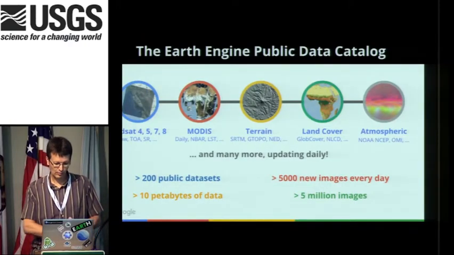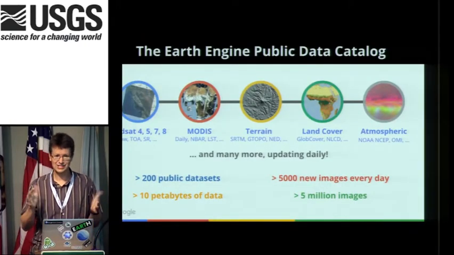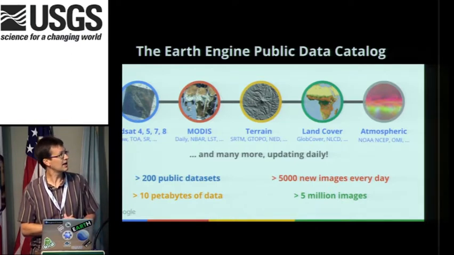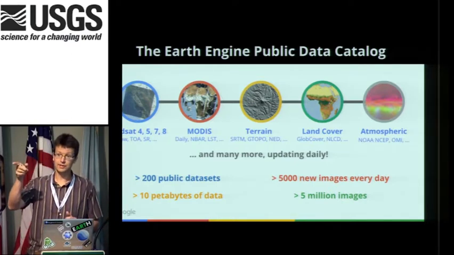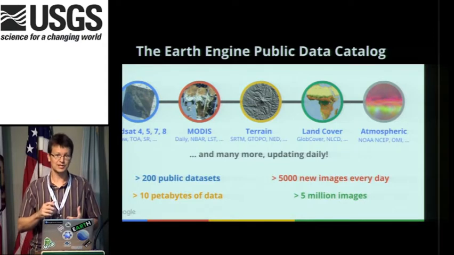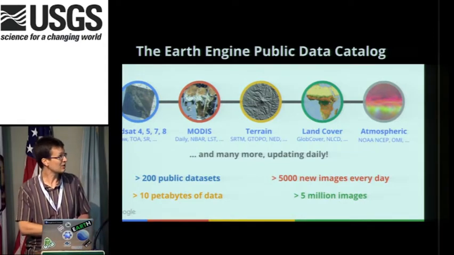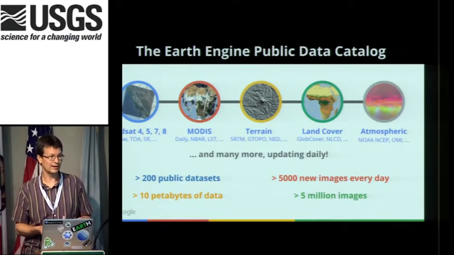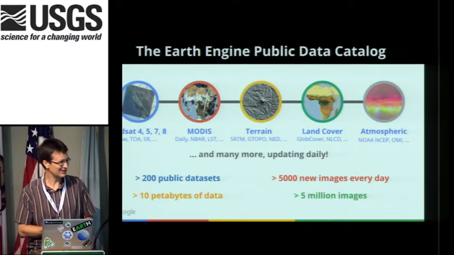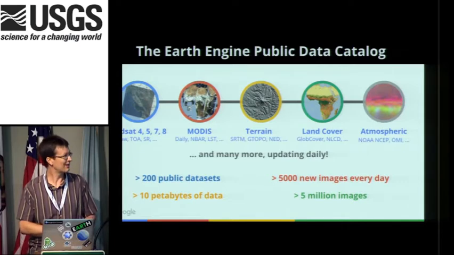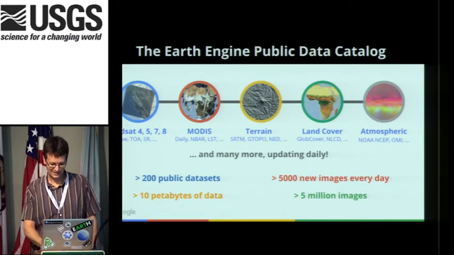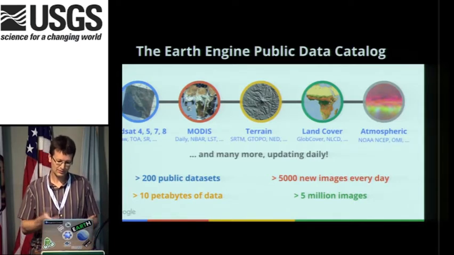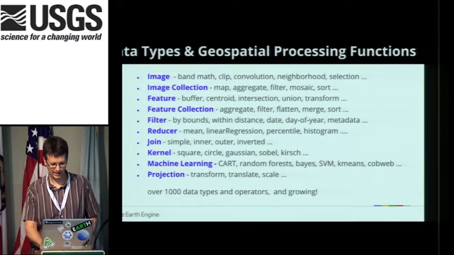We have right now around 200 data sets, 10-ish petabytes of data, depending on how you count it. Simon, who's over in the STAC group, is our data wrangler, so he's the one that manages all these pipelines. A lot of it's just keeping up to date with whatever is going differently at USGS or the Sentinel hubs, et cetera, trying to keep those data sets flowing in. But it amounts to around 5,000 or more images each day that we're ingesting into the catalog.